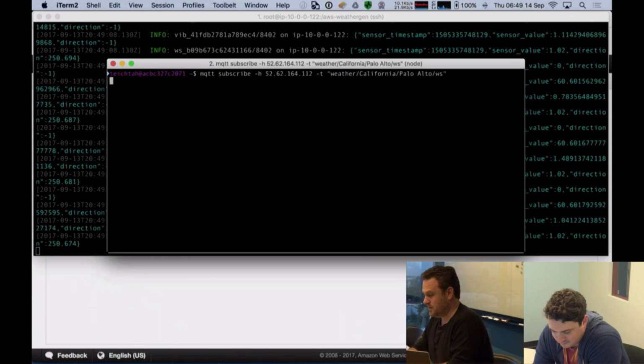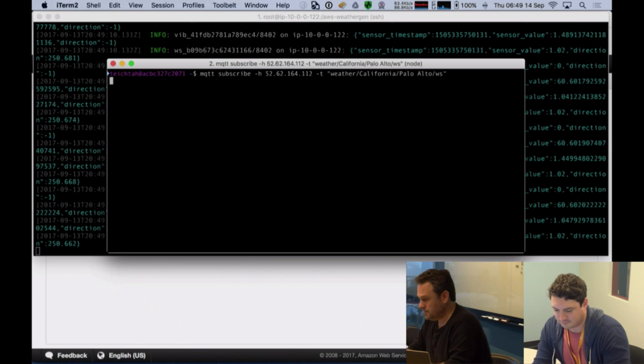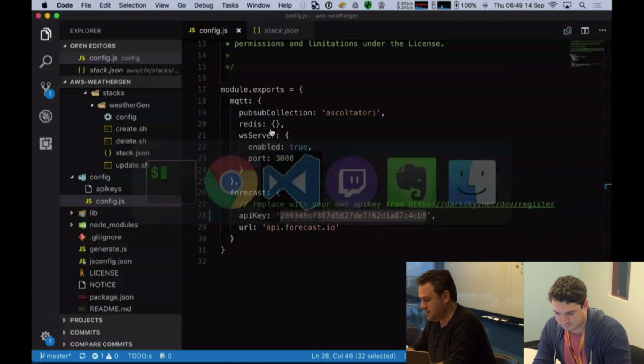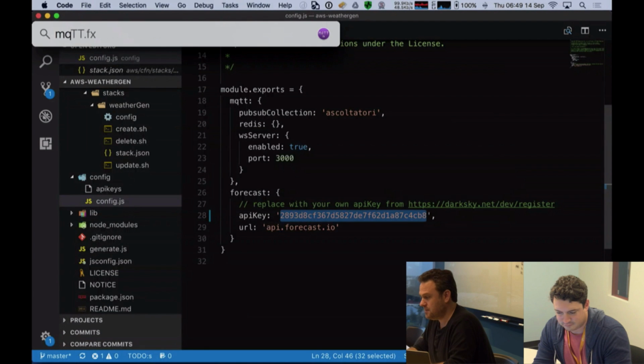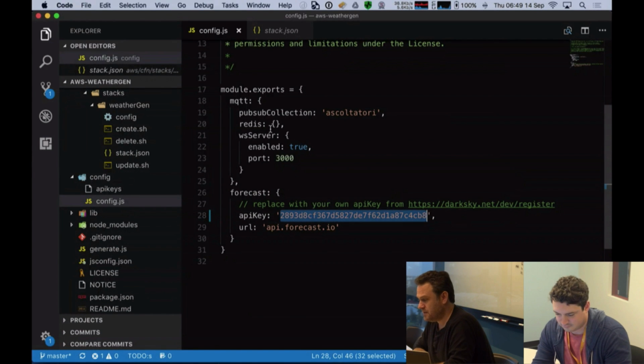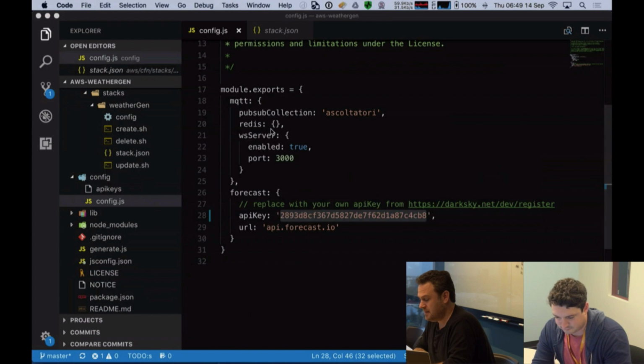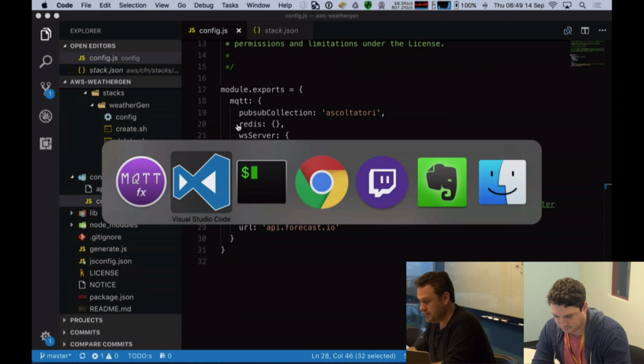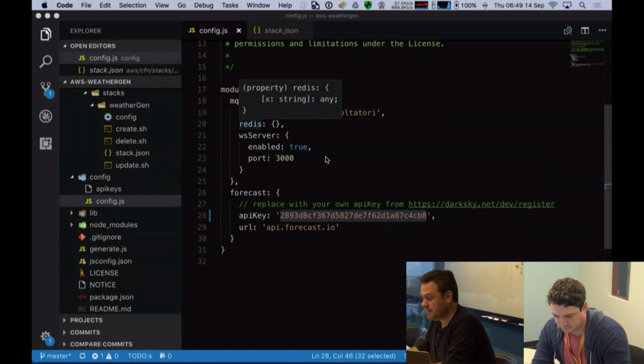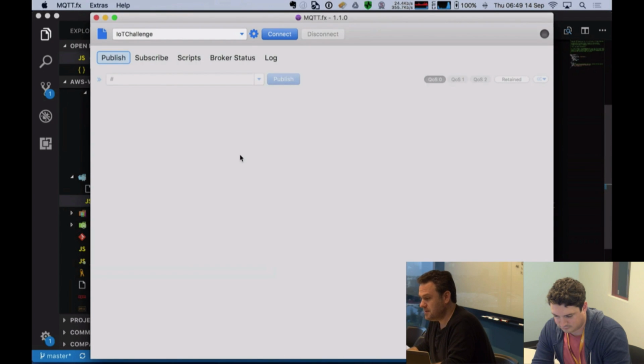So what we're going to do is jump across to another tool, which is a bit more visual, and that's the MQTT.fx tool. Again, it's a free tool. We've got links in the README for that, and it looks, when it decides to load, poor little laptop is having trouble. Here it comes. It looks something like this.